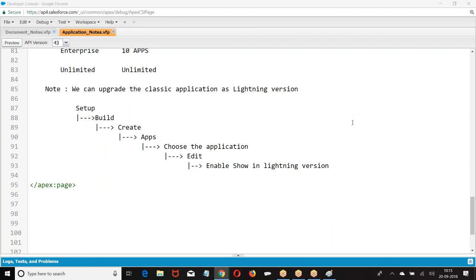Customization can be done. Once the application is created, it doesn't mean it's final. I can change my logo, my application name, my tabs, my profiles. It will be done in the due course of day-to-day usage. Requirements will change, purpose will change. So customization is allowed. You can customize anything. Whatever the 5 steps we discussed, any one of these steps can be customized.